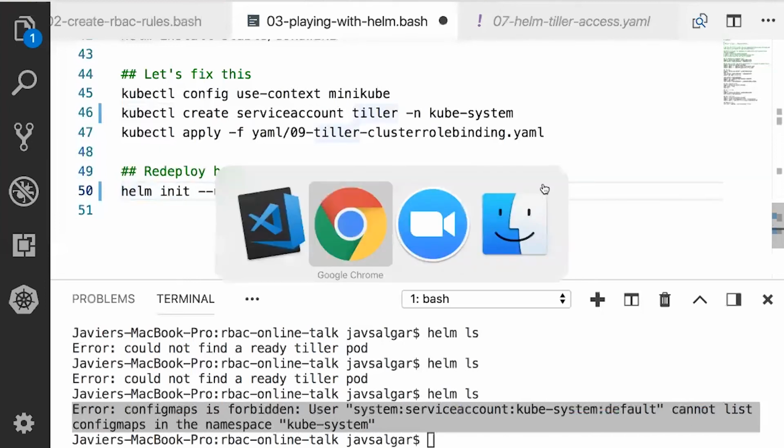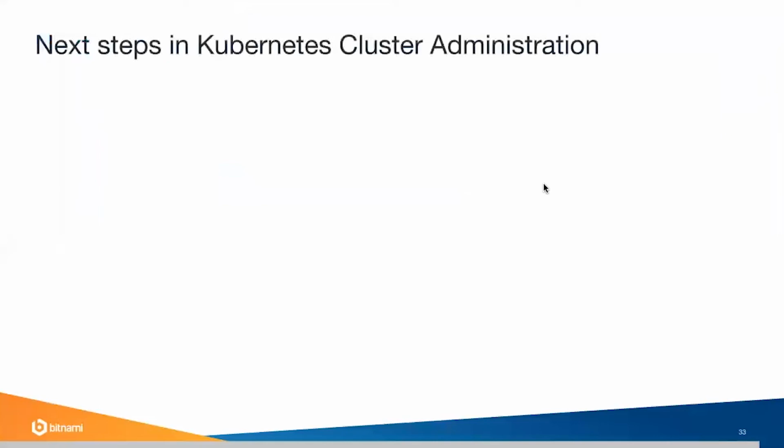I'm running out of time, so basically, RBAC is a really important element in cluster administration, but there are others. For example, user certificates in this example are not the best choice. Maybe using OAuth can provide better authentication mechanisms.